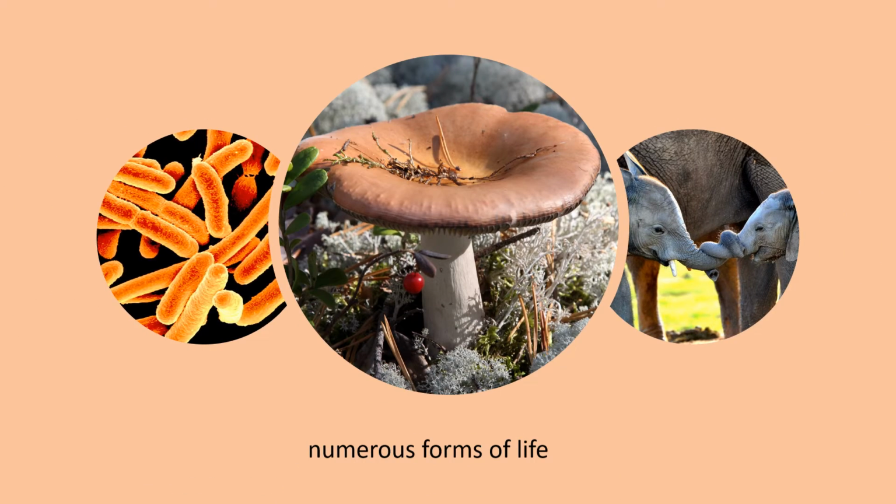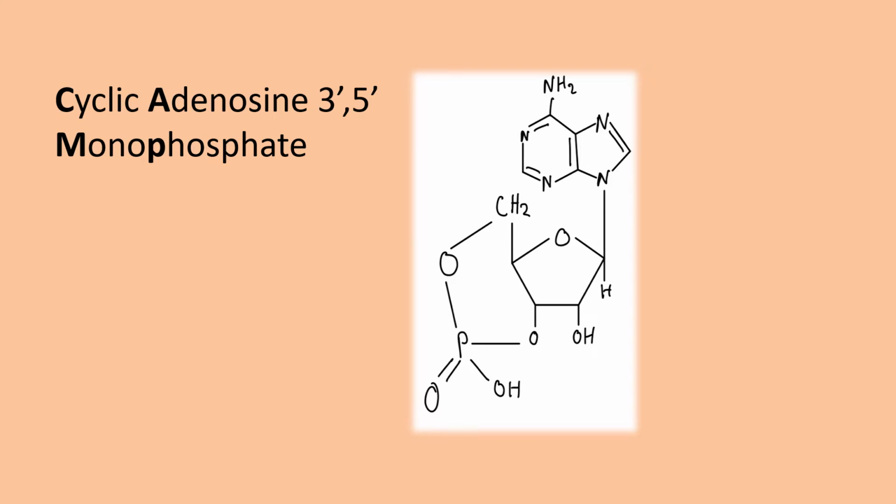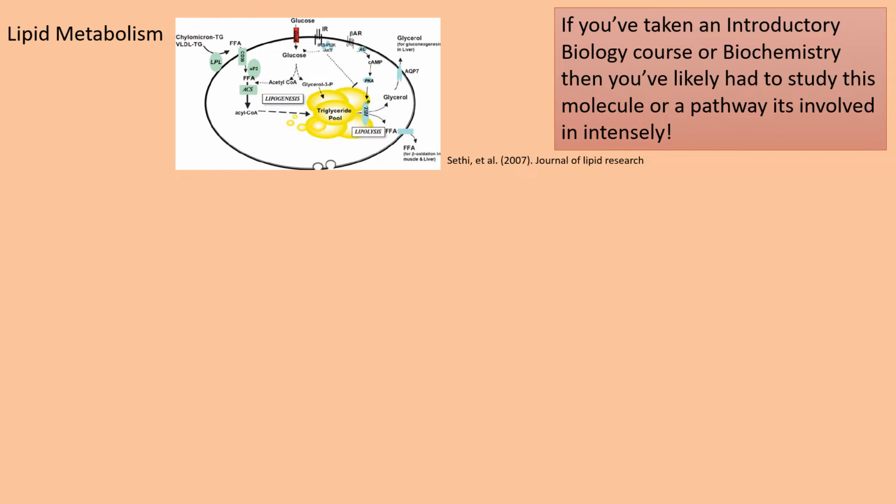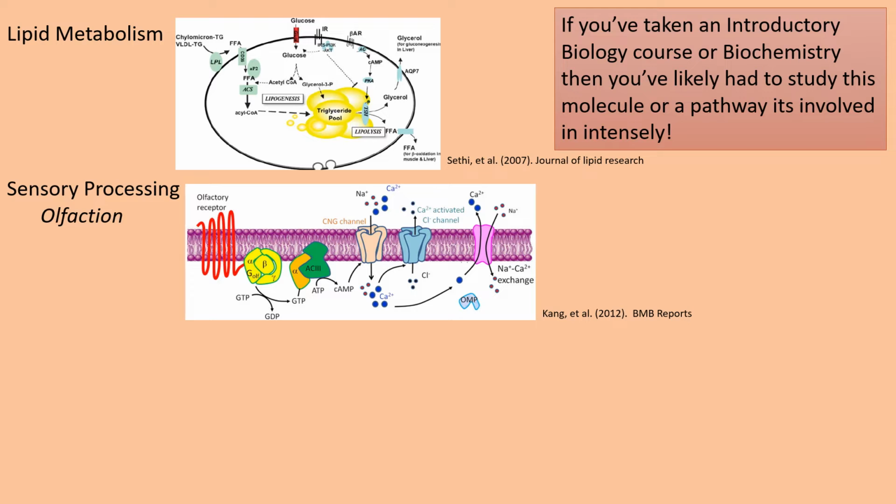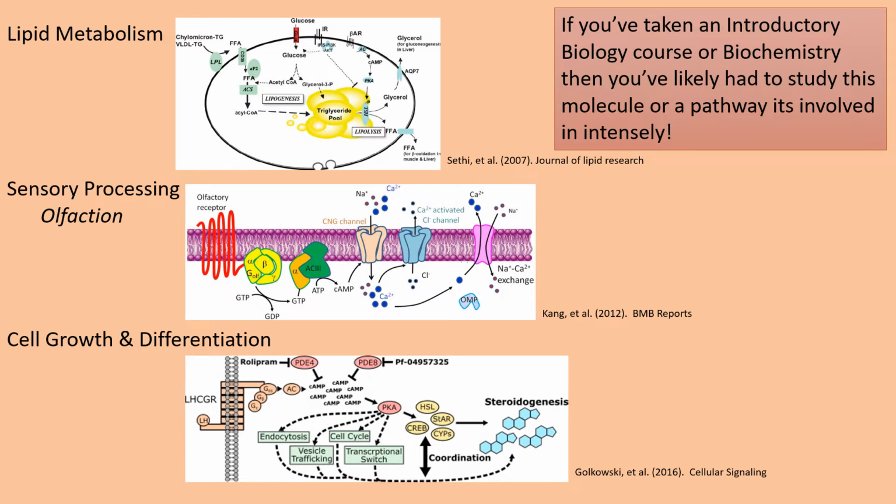Across numerous forms of life, cyclic adenosine 3,5 monophosphate, otherwise known as cyclic AMP, is used in countless cellular processes that include but are not limited to lipid metabolism, sensory processing such as olfaction, and even cell growth and differentiation. If you've taken an introductory biology course or biochemistry, then you've likely had to study this molecule or a pathway